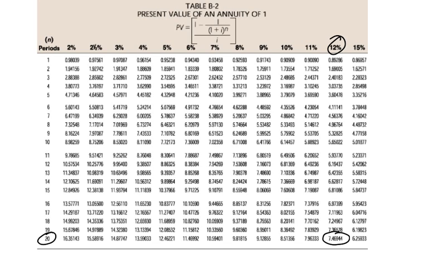So we have the number 7.4694. So if we go back, we're looking at 5% at 20 periods, and here we are, 12.46221. So when we go back,